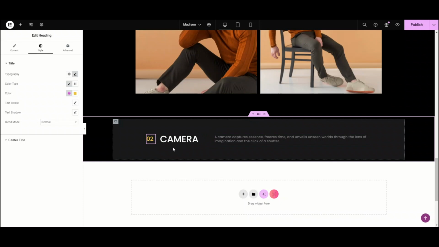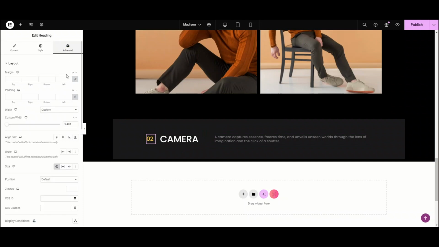So let's move forward. Last time we adjusted the description color. Next step is to add some motion effects, or we can say some floating effects. So go to the Advanced tab.